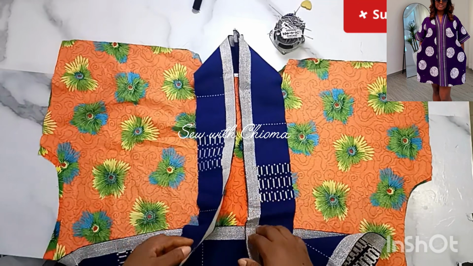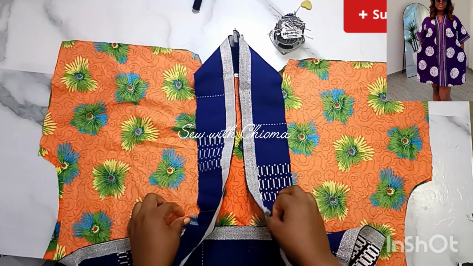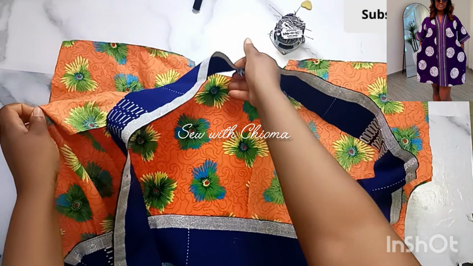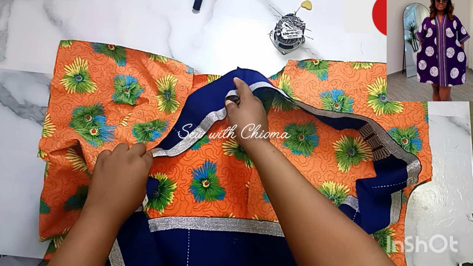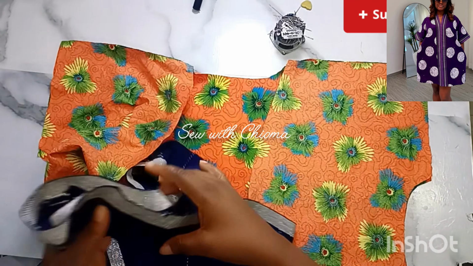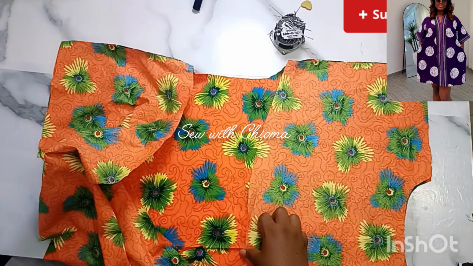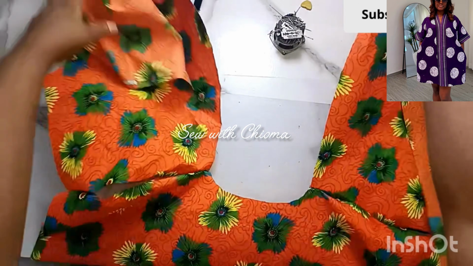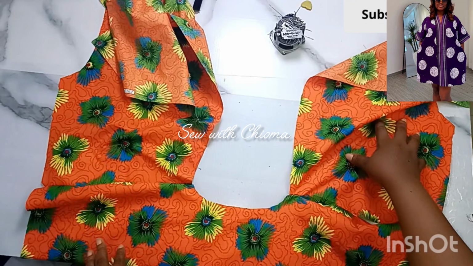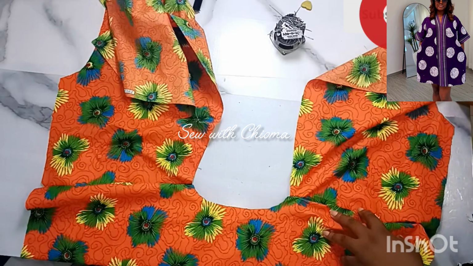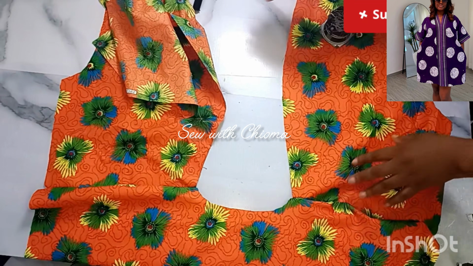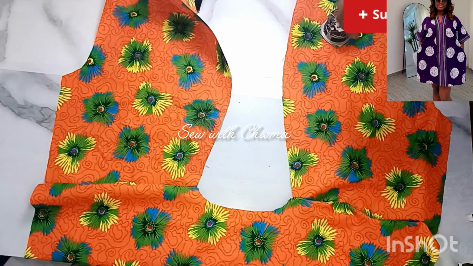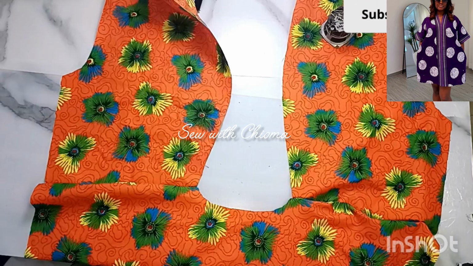All right, now let's concentrate on the part of the front where the ashoke met together. All right, so this thing is turned back. All right, so let's turn it to the front. Good, this is how it should be after sewing. You can see that it is giving us our neckline. What is left is our